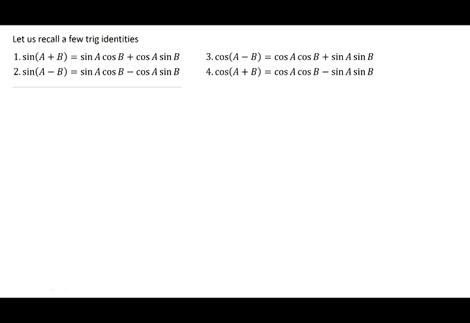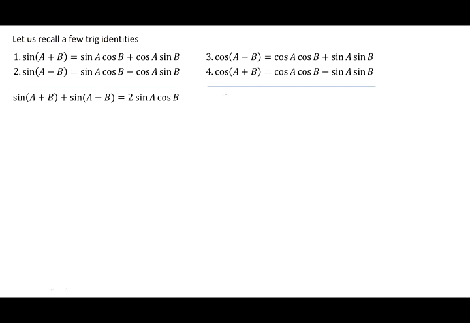then we notice that on the left hand side we would have sine of a plus b plus sine of a minus b. Oh, by the way, do not tell me that sine of a plus b is just sine a plus sine b. Big time not equal to, okay? So sine of a plus b is big time not equal to sine a plus sine b. Okay, so the cosine a sine b and this negative cosine a sine b add up to 0. And we end up with sine a cosine b plus sine a cosine b, which is 2 sine a